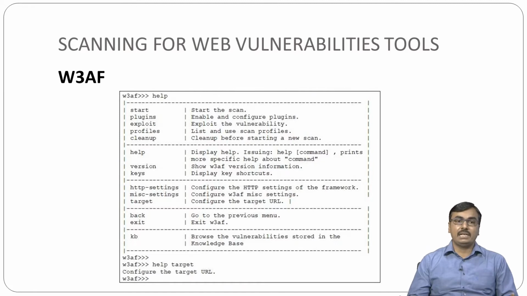We can find the commands through the help command. You must enter help, then press enter, and you will get this kind of screen. Start, plugins, exploit, profiles, cleanup. These are the various commands available inside W3AF. Start basically starts the scan, plugins enables and configures plugins, exploit exploits the vulnerabilities we have found, and profiles lists and uses